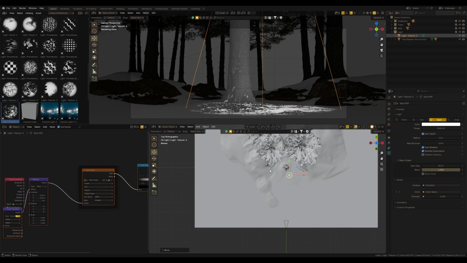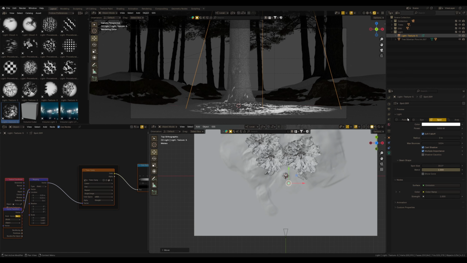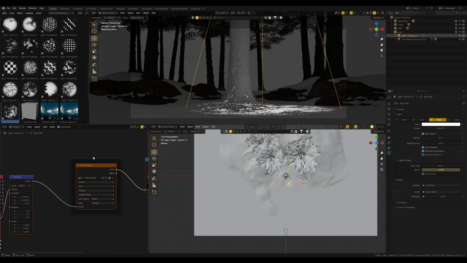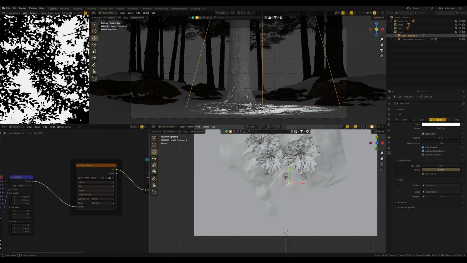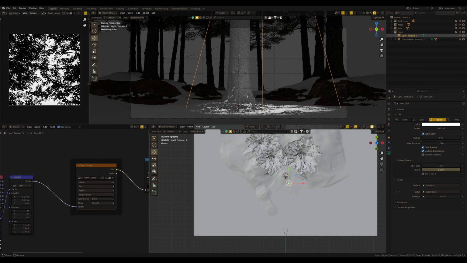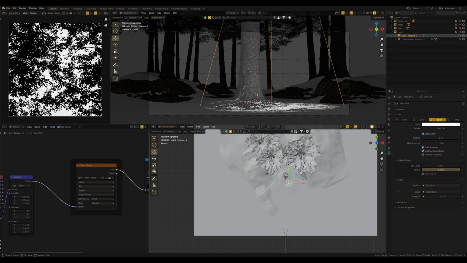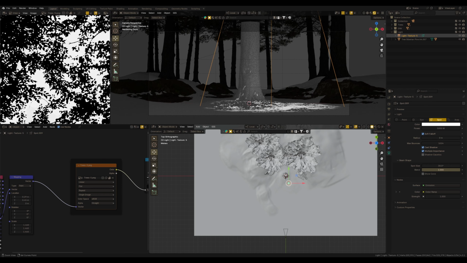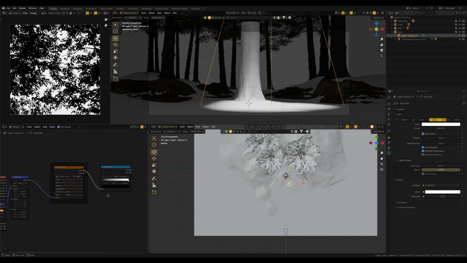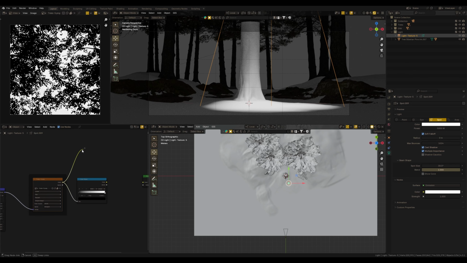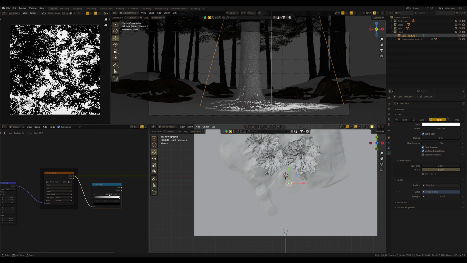Here's how it works. Basically, we can project a simple texture using this spotlight. If I open the image editor, you can see that I use a simple black-and-white texture of leaves I created from a photo which I took in the forest. Normally, a spotlight only has an emission node in the shader editor when you enable use nodes. I connect this black and white texture to this emission node, and it projects onto the scene as the shadows.